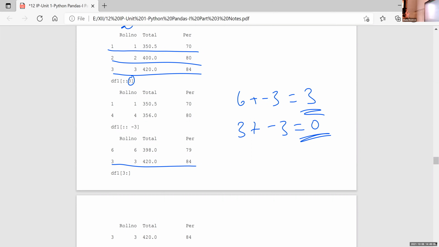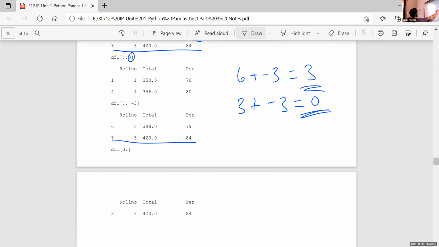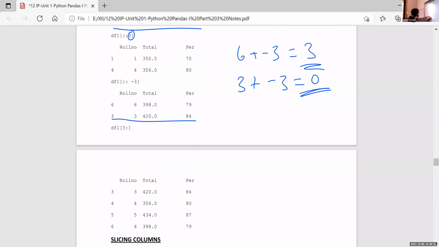The next one is 3:. Starting with 3, there is no end value.